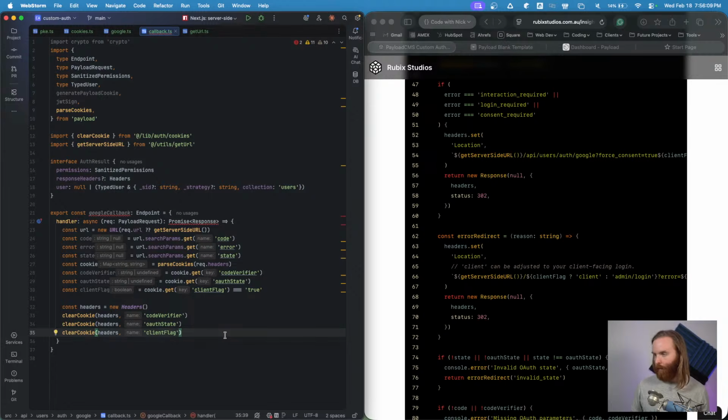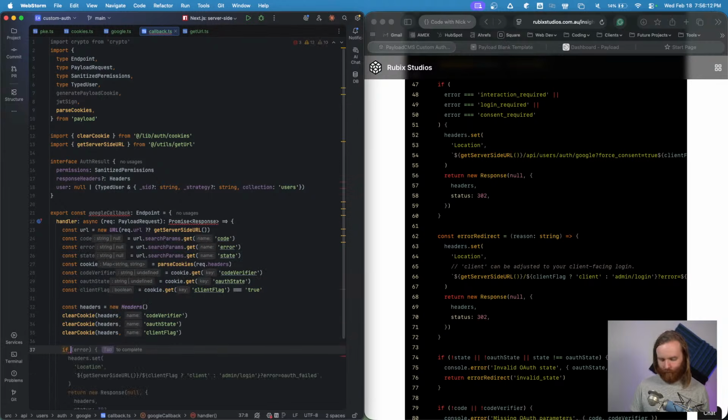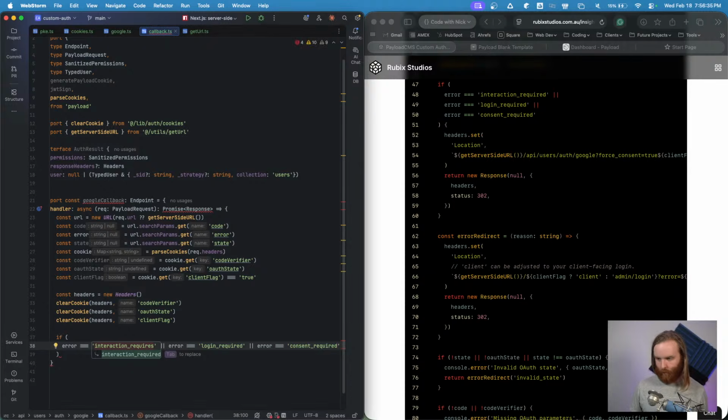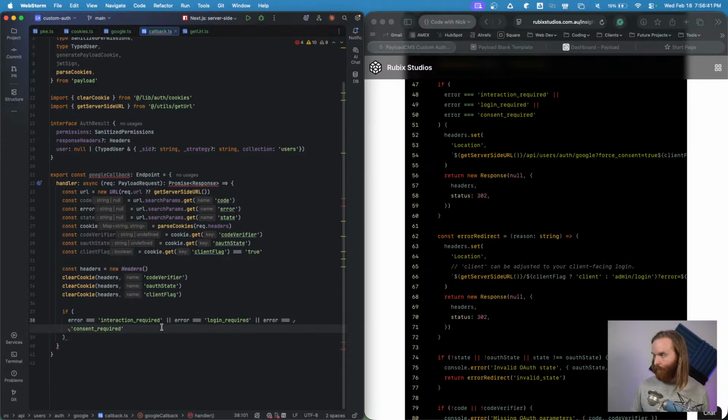So now we can check if there's an error, and that error is equal to interaction required, or error is equal to login required, or the error is equal to consent required. Fix that up. Let's wrap. If all of that is true, or rather any of that is true, we will set our headers to have